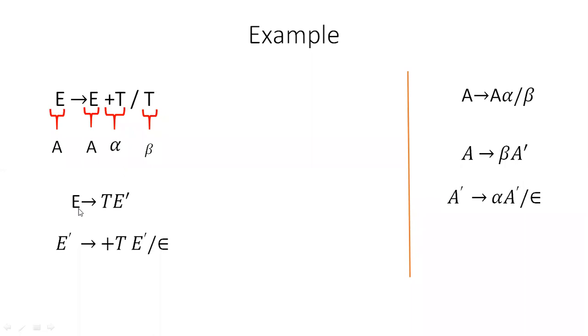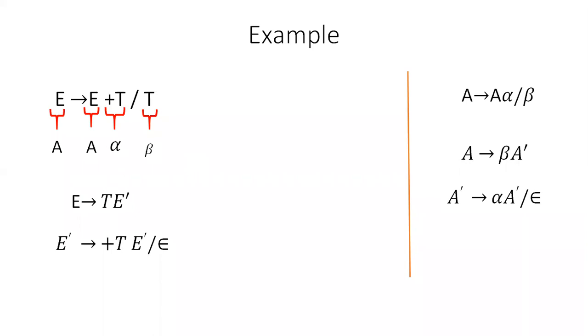Now see, checking out E tends to T. Now the grammar is not like E tends to E. E tends to T, so there is no left recursion problem. E dash tends to plus, it is a terminal, so this rule also does not consist of a left recursion problem. So this is the process of eliminating the left recursion from the given grammar. Make a note: we are not doing it for the entire grammar at a time. Taking rule by rule, checking rule by rule, we are implementing this. And this is the way of eliminating the left recursion, right?